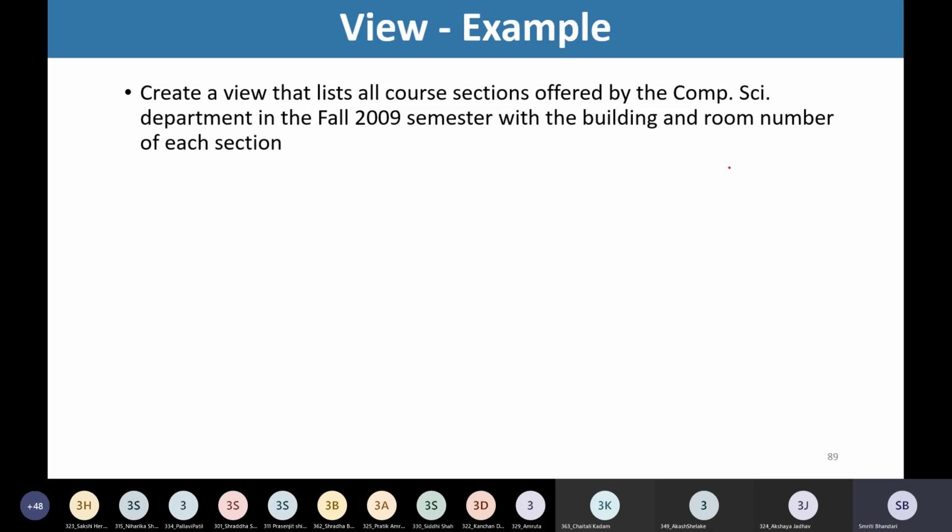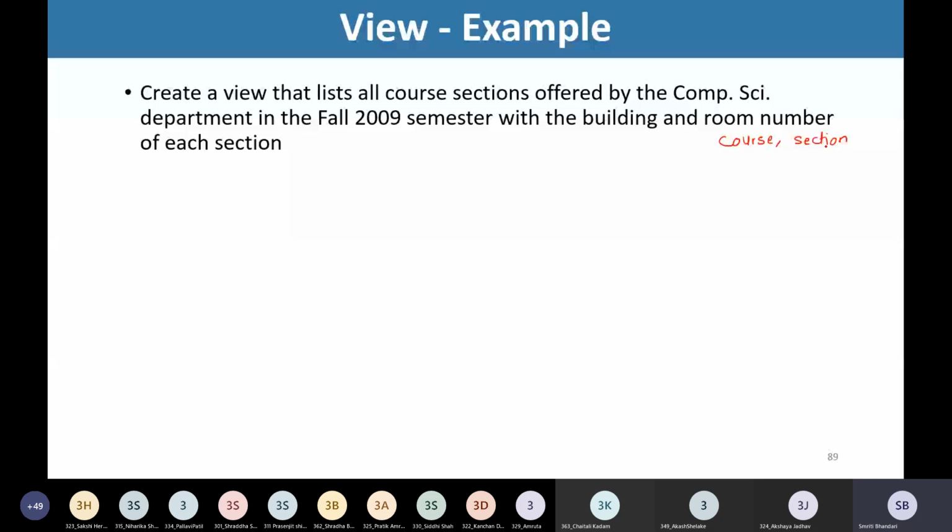And in the course relation, we have the course ID, course name, and the department offering that course. The department is not available in the section table, but it is available in our course table. So we need to make use of two relations, and those are course and section.